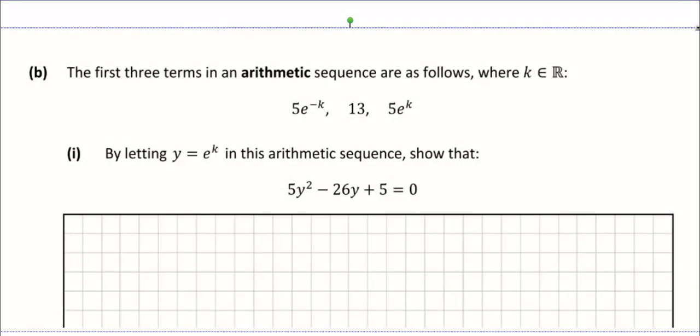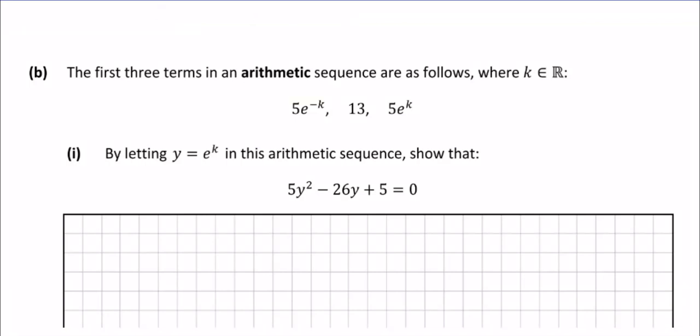Now this one looks really frightening. But what you need to remind yourself is, I currently haven't got a clue how to do this question. I'm going to be honest with you. But I remember one thing. What is an arithmetic sequence? Let's set up an arithmetic sequence that we were familiar with. I'll do 2, 5, 8, right? Just want to have a start of 2 and a gap of 3. Is that okay? Now, the only thing I remember about arithmetic sequences that might help me here is that T3 take away